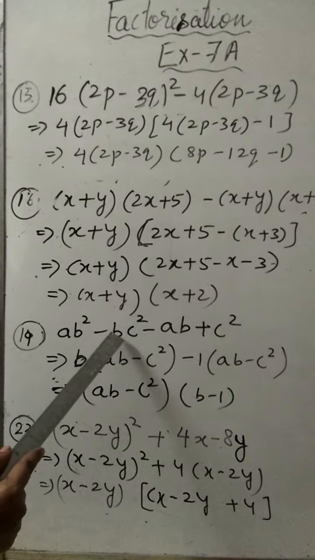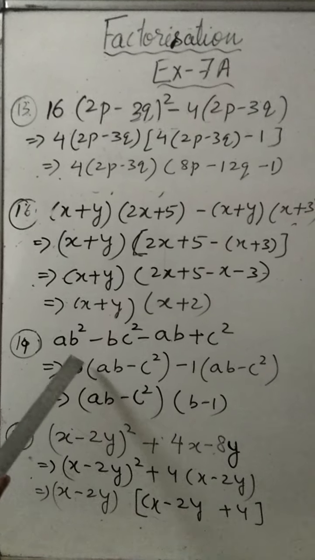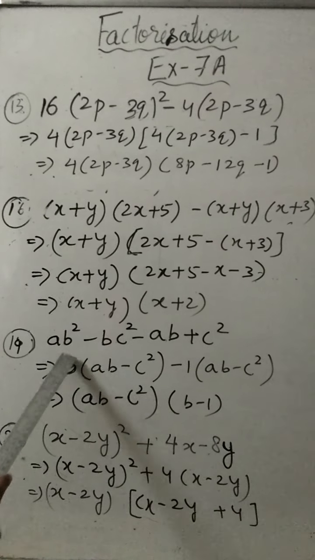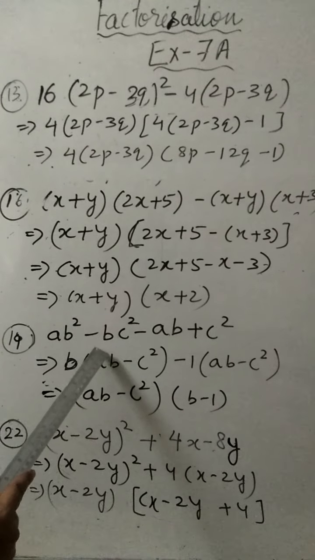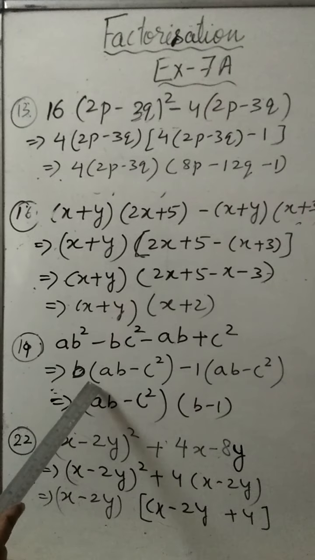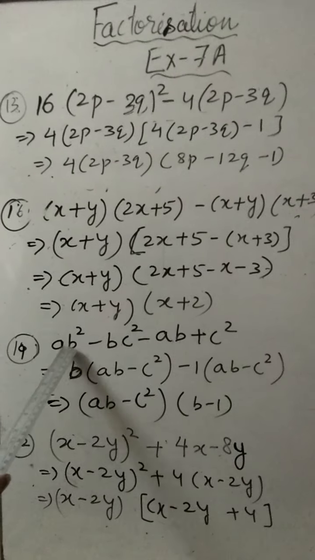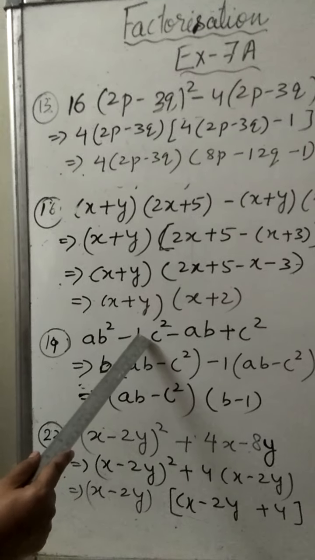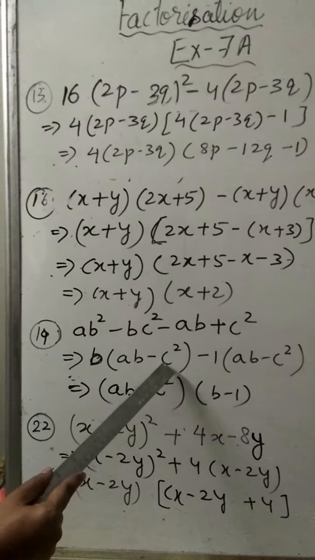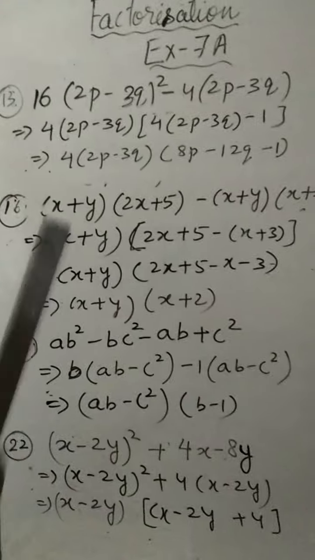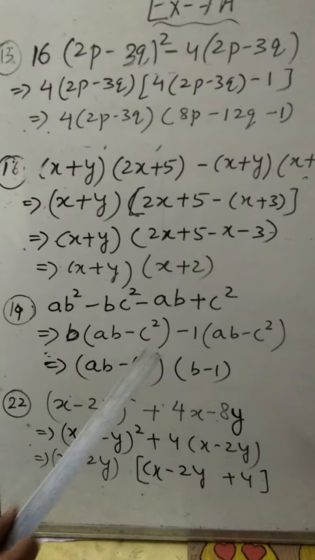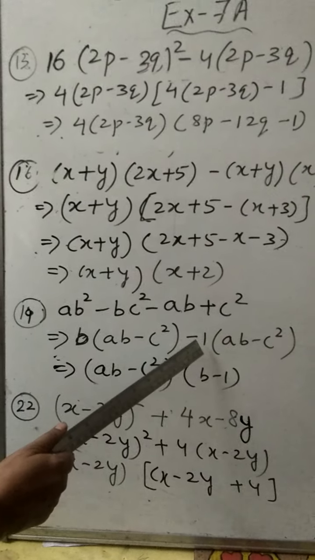So we'll select the common factor between the first 2 terms. The common factor between these two is b. And then what is remaining, that you have to write in the bracket. When you take b from here, ab will remain. So ab is here. B you have already taken here. So c square is left. Then here nothing is common. Nothing is common means 1 you have to take common. This is a very important part.